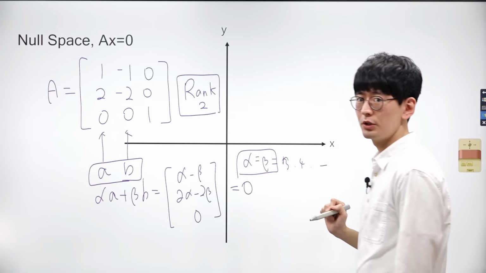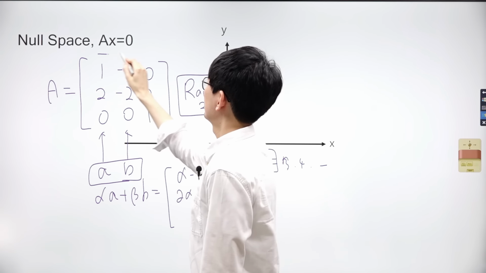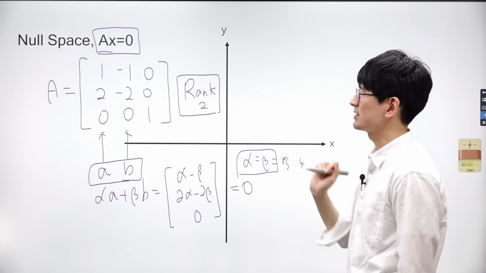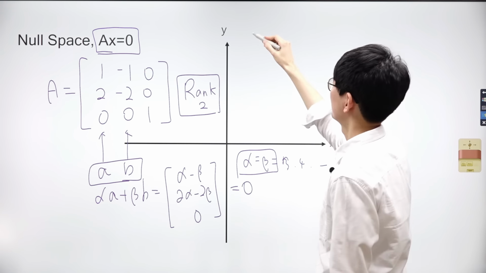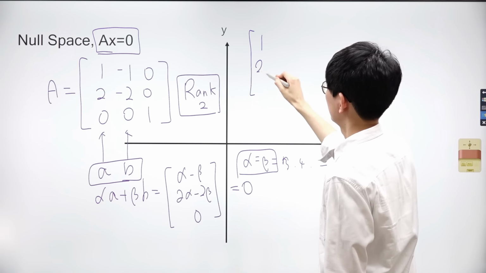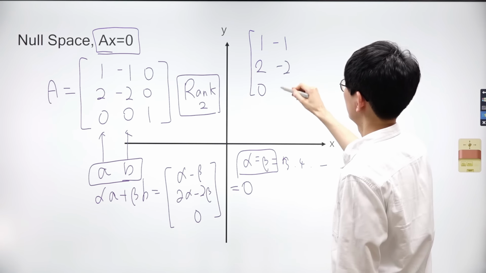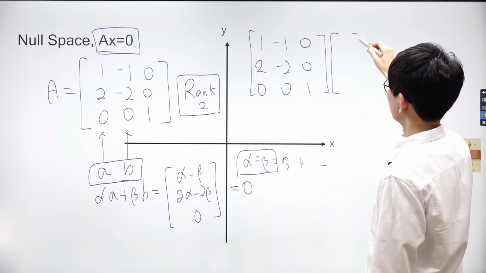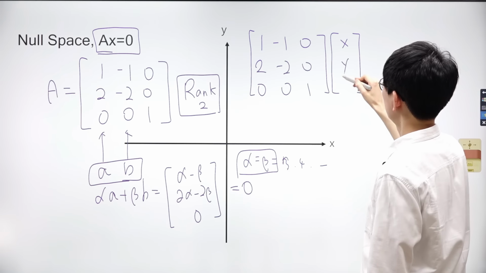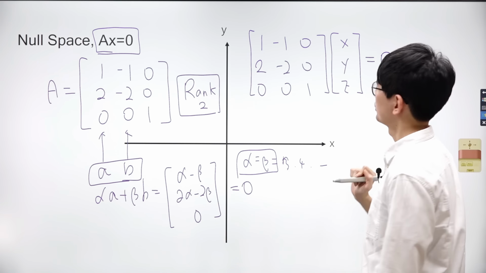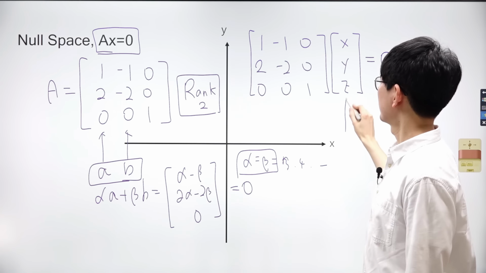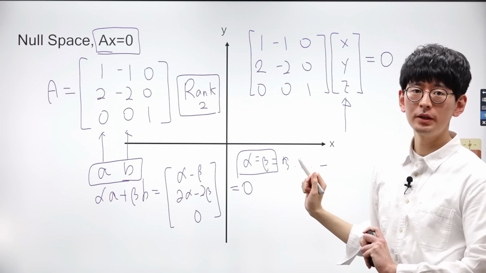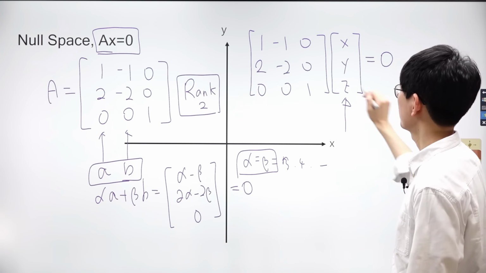When the rank of a matrix decreases, it implies the existence of a vector that when multiplied by the matrix yields a result of 0. In simpler terms, there's a vector that when multiplied by the matrix A produces a result of 0. But before delving deeper into this vector, we need to know how matrix and vector multiplication operates. So let's take a look at the basics of matrix and vector multiplication.